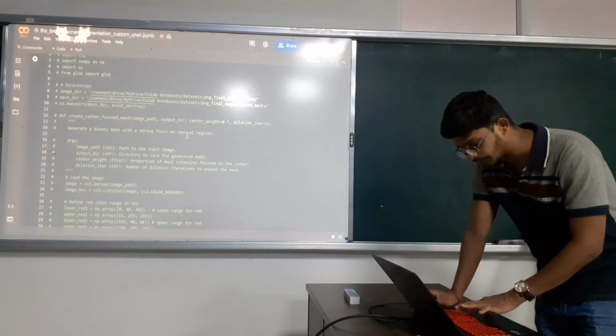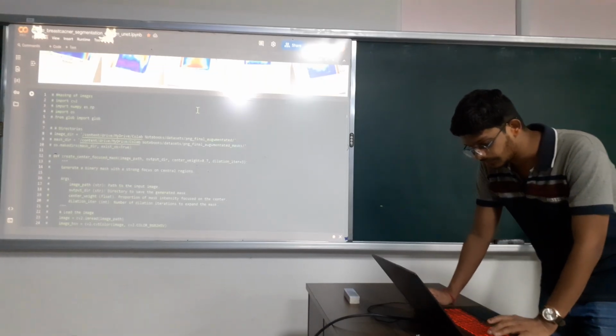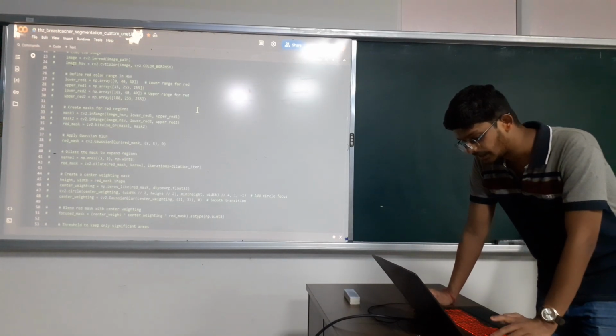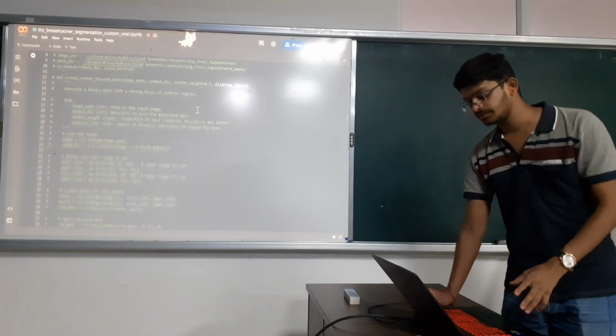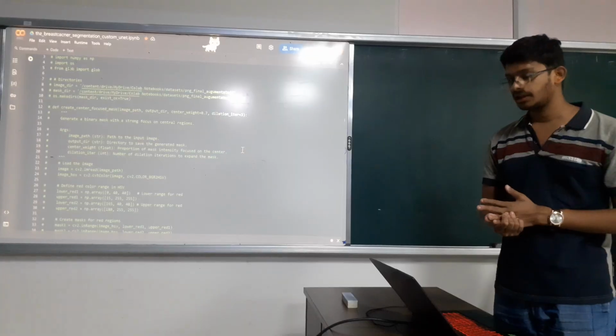So this is the most important segment, which is the binary masking, which I have done using OpenCV. Let me quickly explain this. What this does is basically I am using the OpenCV library to identify the